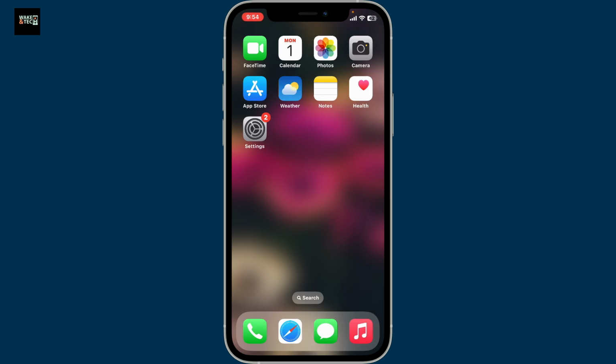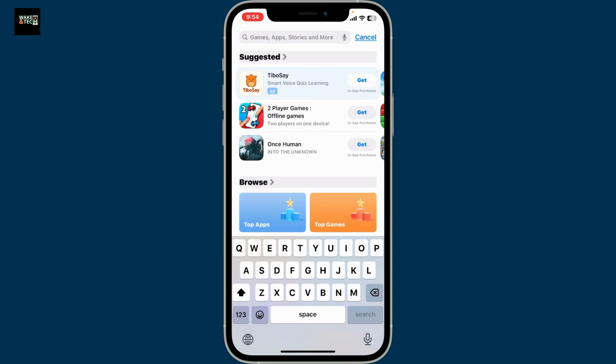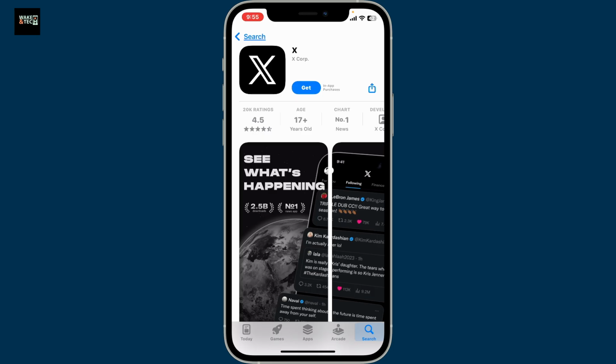First of all, unlock your device and make sure that your device is connected to a stable Wi-Fi or mobile data. Now, open up your App Store or your Google Play Store depending upon your device's operating system. Now, either way, go to the top of the screen and look for the search box, type down X and search. Look for this application from X Corp and then tap on the Get or the Install button to start